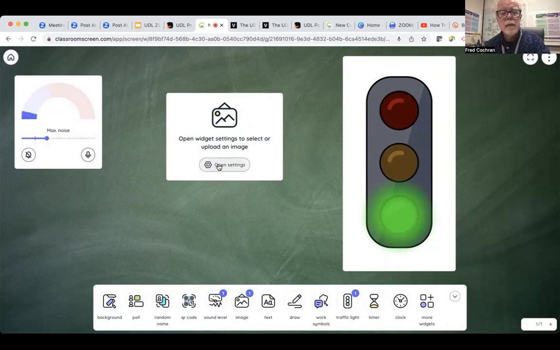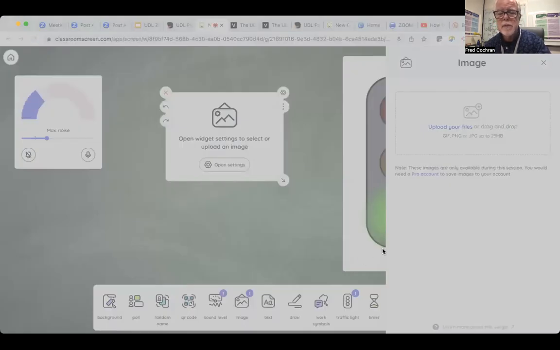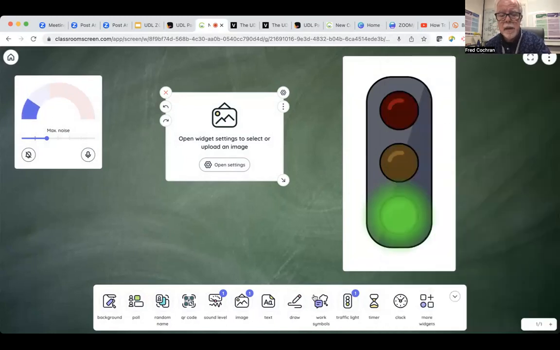And if I open up the settings on this, I should be able to see some different images. I'm not able to see them right now, but you are able to drop different images in, which can help students know what's the next thing coming.